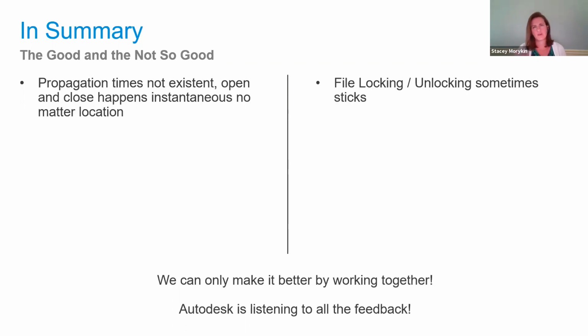On the other side of the fence there, some of the file locking and unlocking sometimes sticks, and I know that the team is working on it, the Autodesk team is working on it. It's not a showstopper, but it's one of those things that you have to constantly just make sure that things are locking and unlocking when you intend them to do so. The next good thing that we experienced was collaboration with external teams and external stakeholders. Over the past 8 months, that collaboration for Civil 3D has been publicly released.